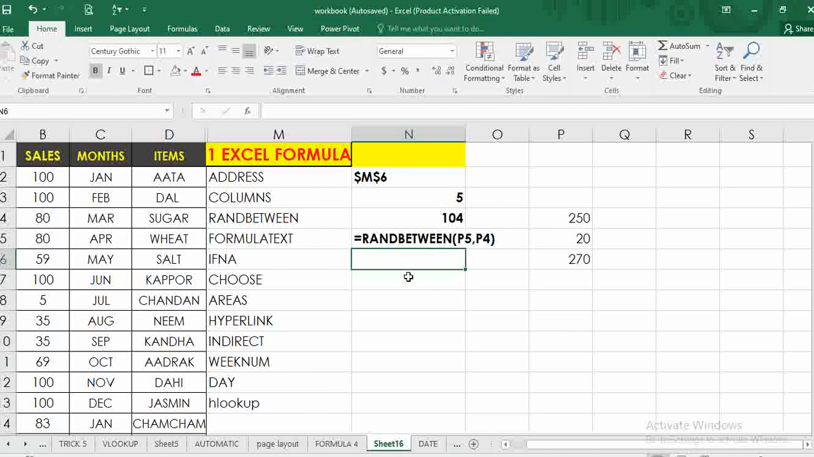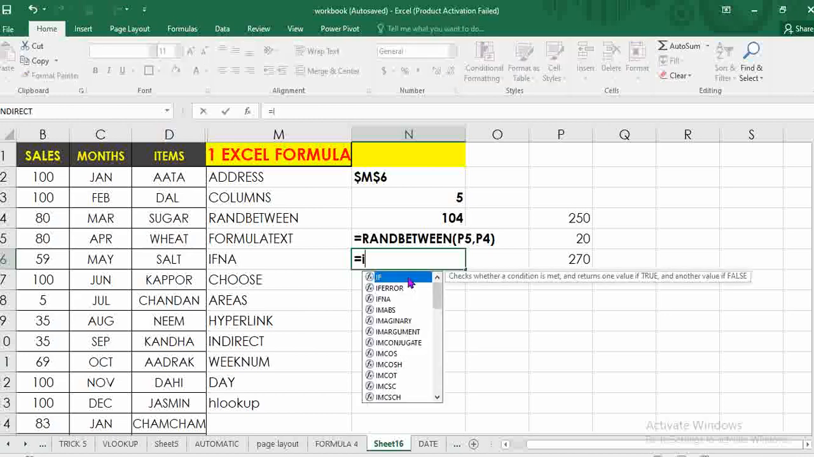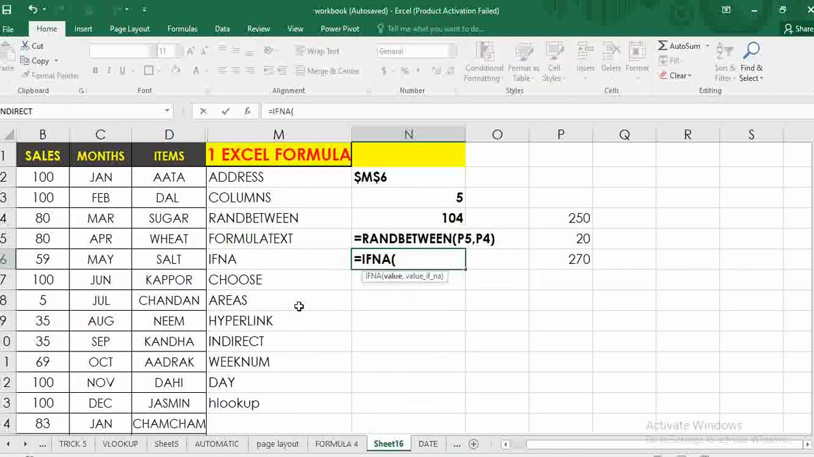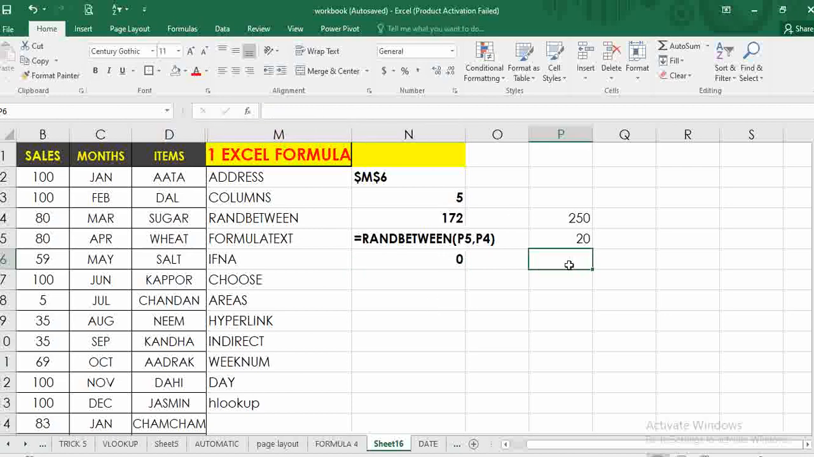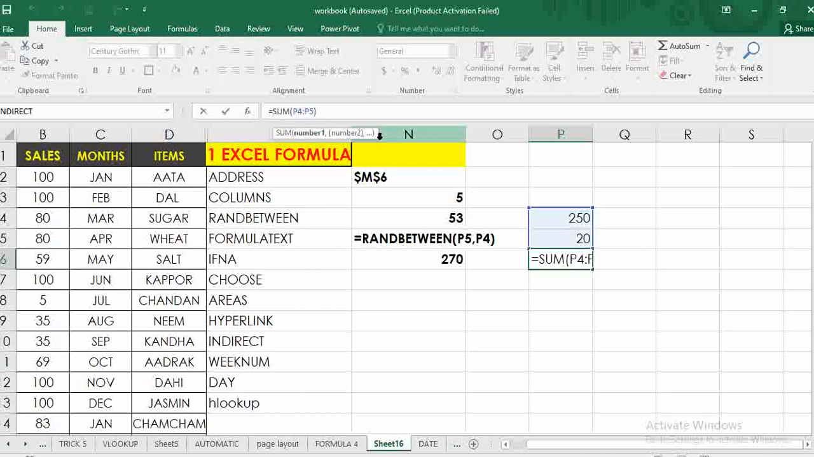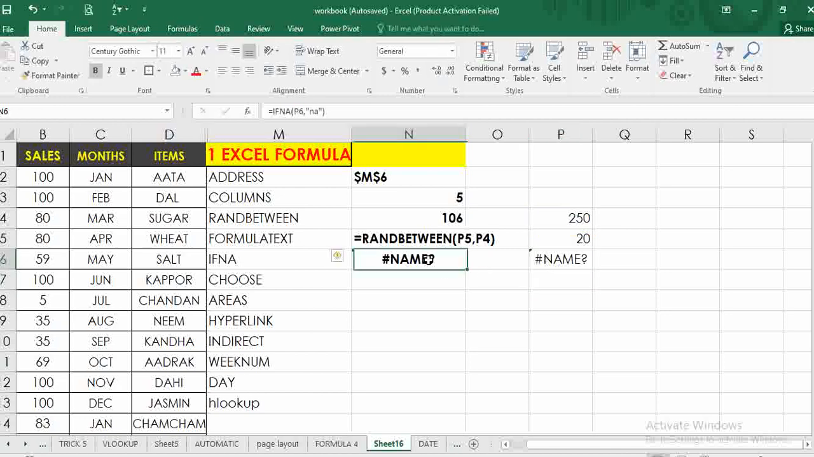Okay, now we talk about function IFNA. IFNA works the same way as IFERROR. If not available, value. Example, if I take this and IFNA, it will give me the same data back. If I remove this data, it gives me 0. And if I make any mistake in this, it gives me an error as well. Okay,